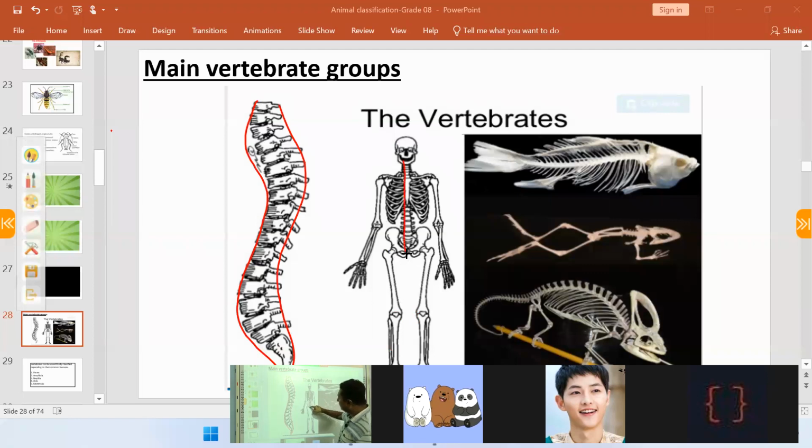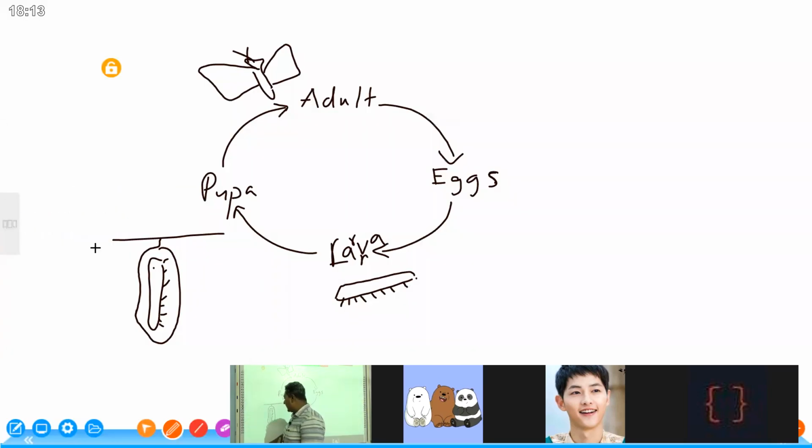Mammals have a vertebral column. Fish have the vertebral column. Amphibians have the vertebral column. Reptiles also have a vertebral column. The birds are not given here, but they also have the vertebral column. Then the 5 main groups of vertebrates are